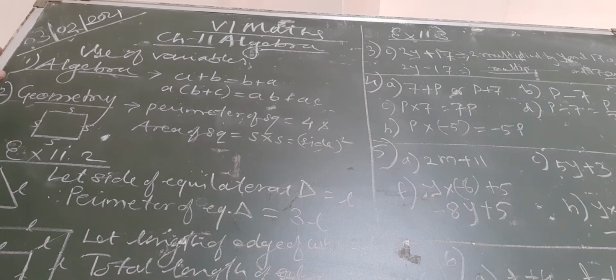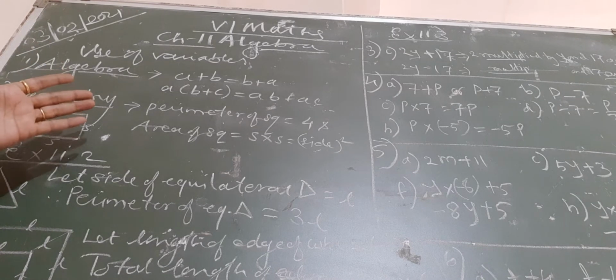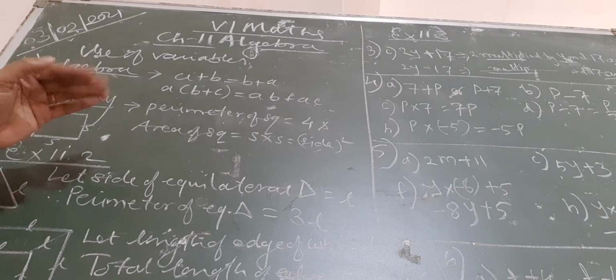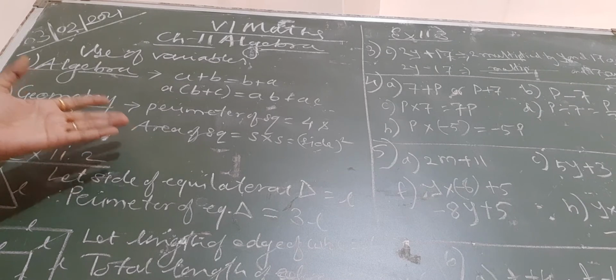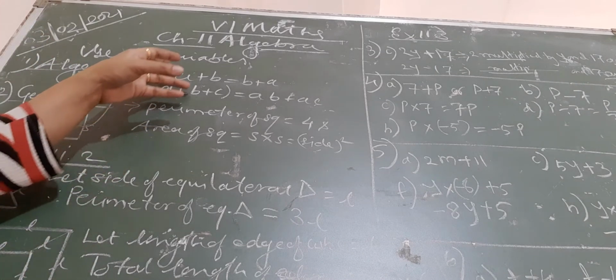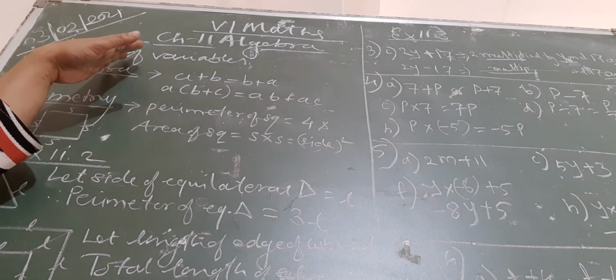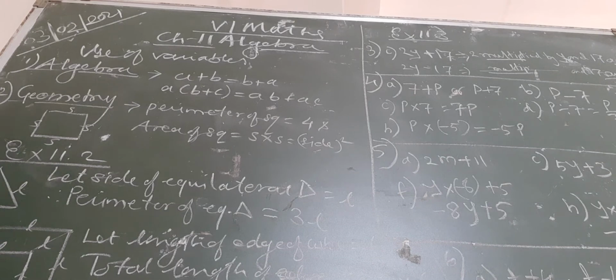Dear student, last time we already started algebra, and in that it was very clear what variables and constants are. Variables are represented by letters and can take different values. Like constant 2 has the value 2 everywhere; its value is not changing. 5 has the value 5, or divided by 5, 1 by 5, it will have the same value. But a variable means something whose value is varying, that we have studied, and what is the use of it, that we have to study now.